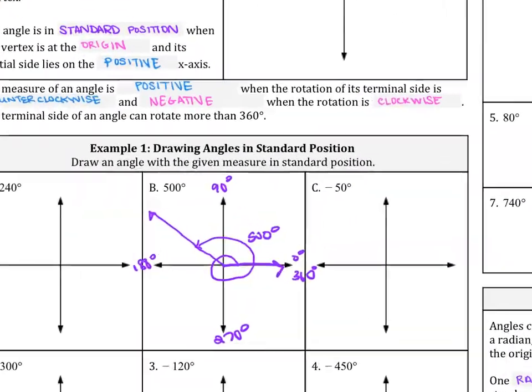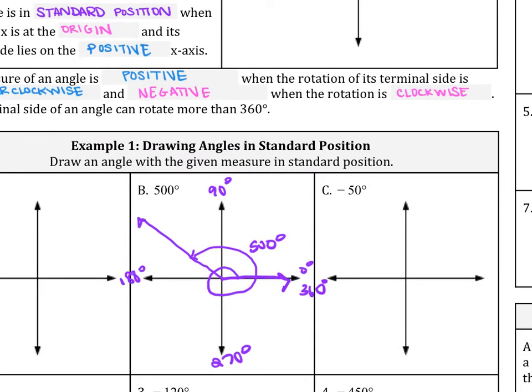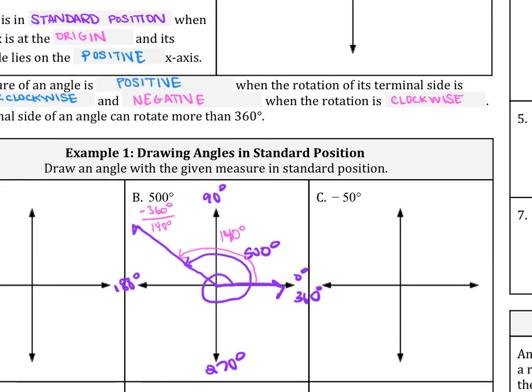So if I look here, now remember, in order to draw this angle B, what we did is we subtracted 360 degrees because we know that 500 is greater than a full circle. And then we found that it was 140 degrees. So that's how we found out that we're going to stop in quadrant 2. This is 140 degrees. So what this is saying is that 500 degrees and 140 degrees, they're coterminal because their